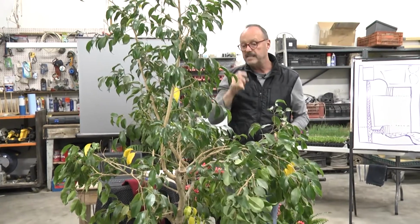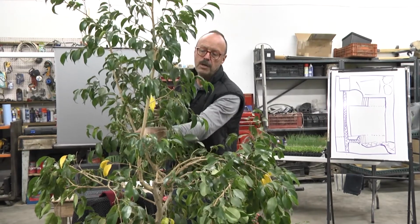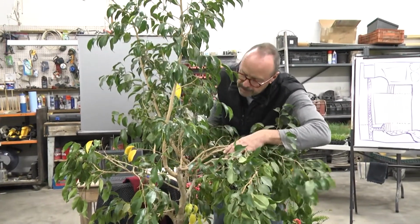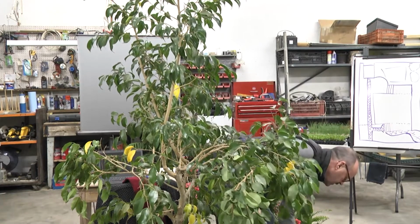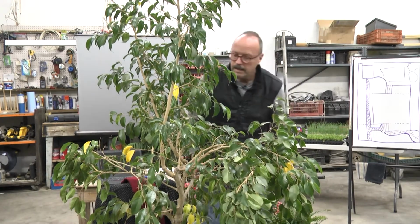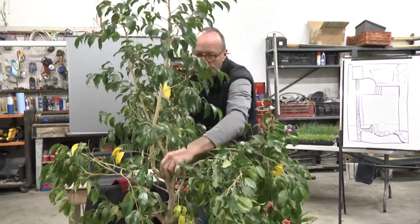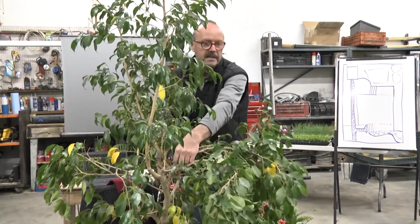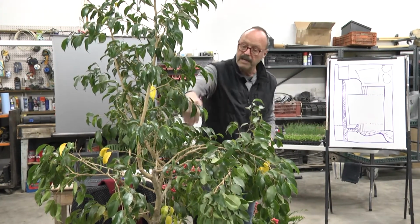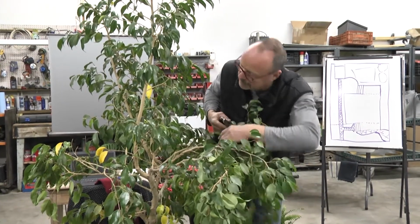And the other thing to think about when you're cutting is, the rule is to cut it flush with the next main trunk. So you don't want to leave a stump. Oh, where's a stump? I actually cut one off here. Did I throw another branch somewhere? Well, can you see? That guy's too small. Anyway, they cut it off. They left a stub on it. A tree wants to heal over the wound, and you want it to heal over the wound. But if you leave a stump,